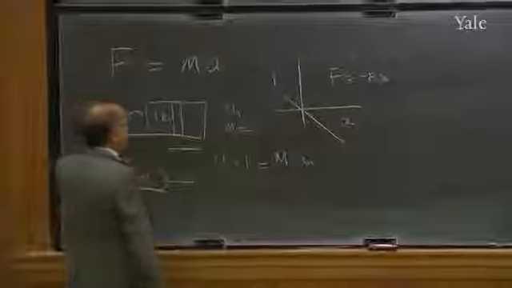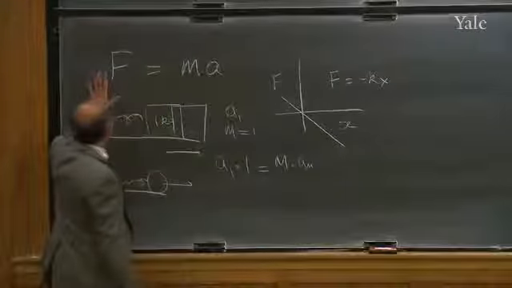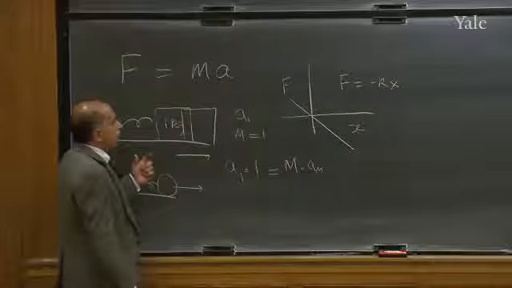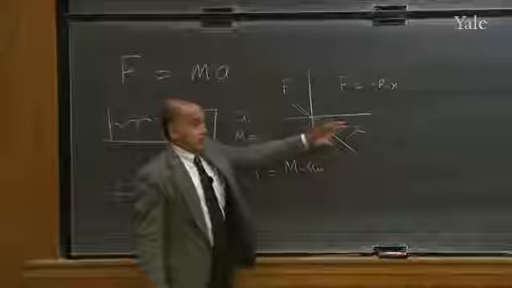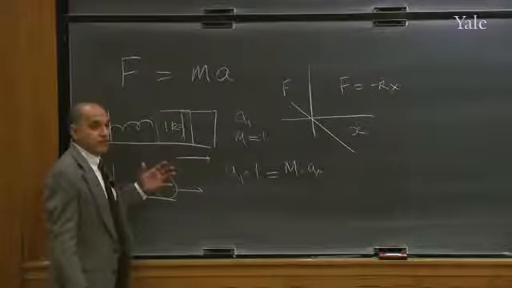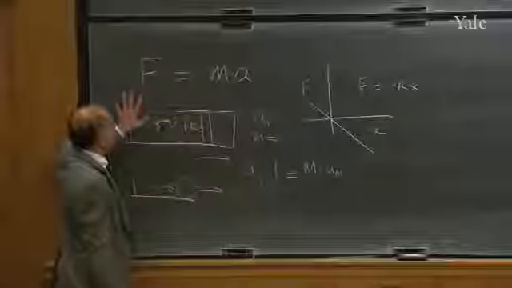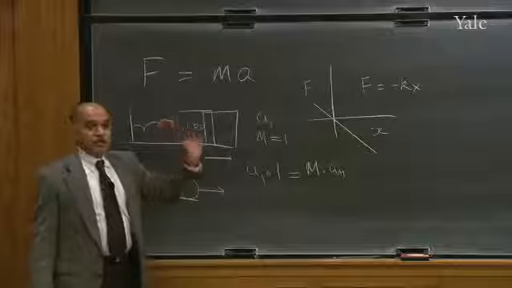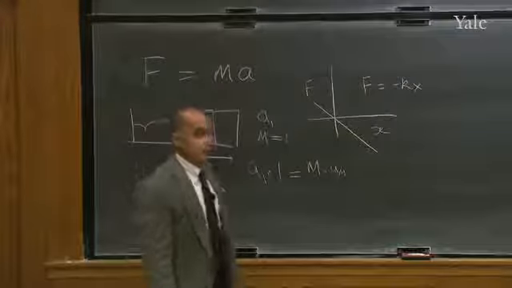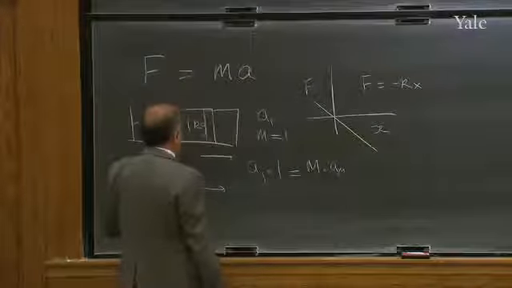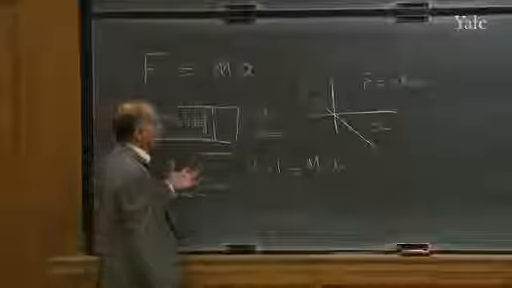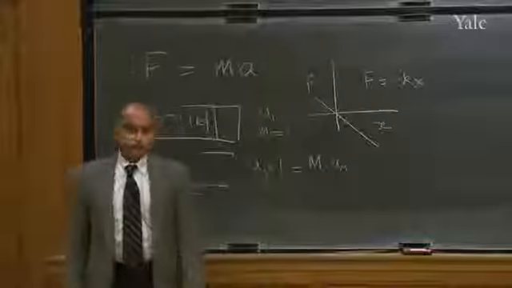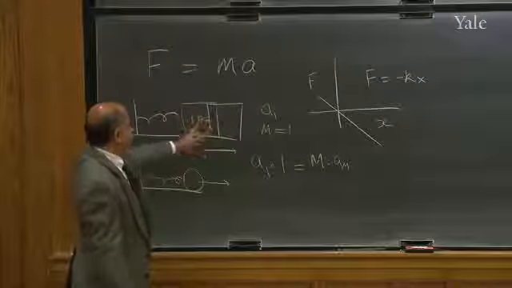So this is an example of you finding out the left-hand side of Newton's law. You've got to understand the distinction between F equals minus kx and F equals ma. What's the difference? This says if you know the force, I can tell you the acceleration. But it's your job to go find out every time what forces might be acting on a body. If it's connected to a spring, and you pull the spring and it exerts a force, someone's got to make this measurement to find out what the force will be.